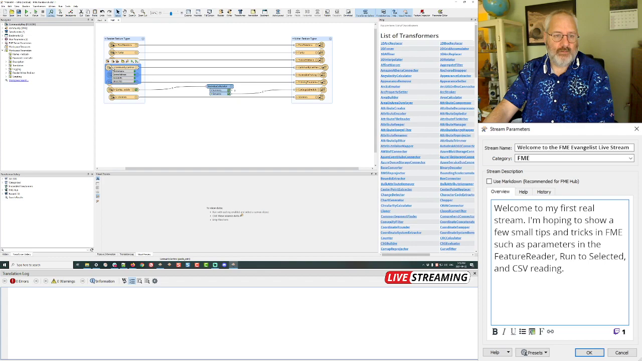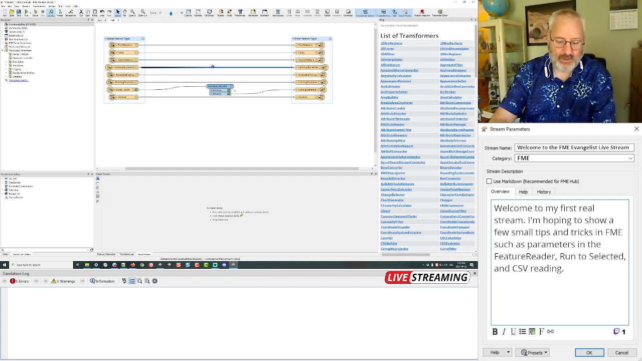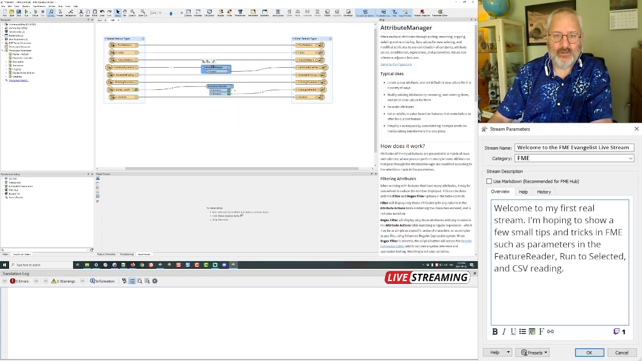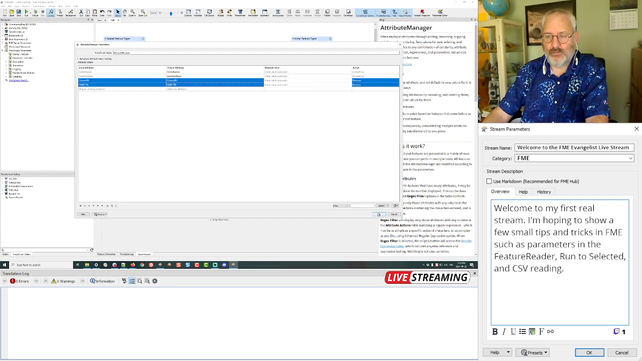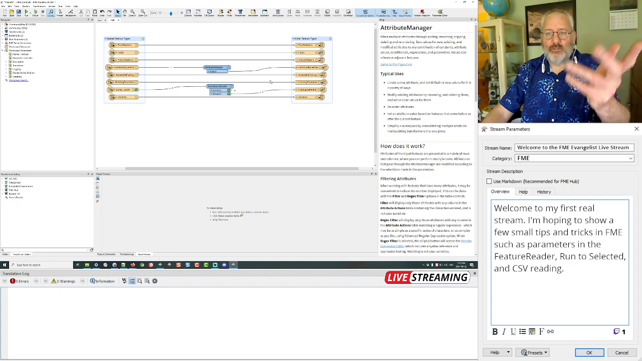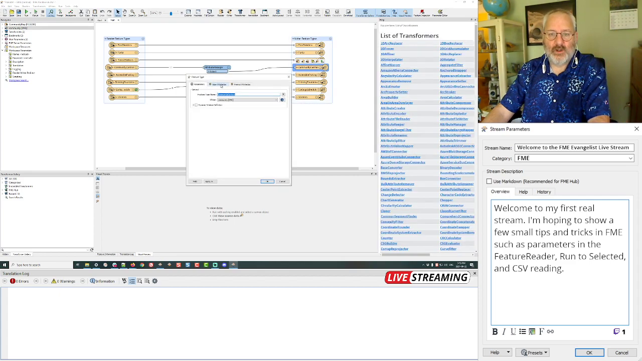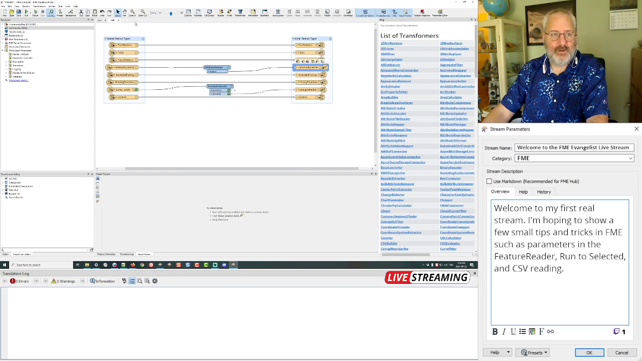Center address, URL, let's see. Okay, so I might just put an attribute manager down in there and say, okay, well, we don't need the URL or the object ID, so I'm going to delete those like so. Okay, so you'll see in a moment what the point of this is. I'm going to run this translation,